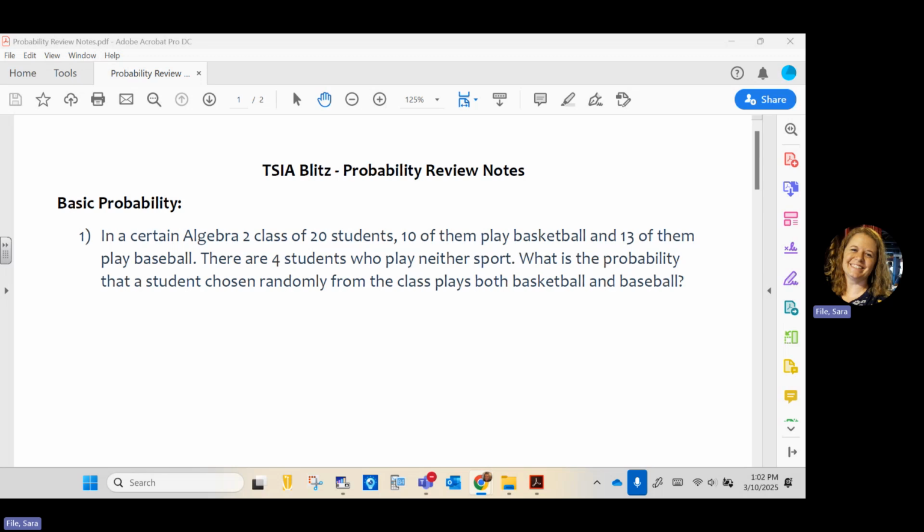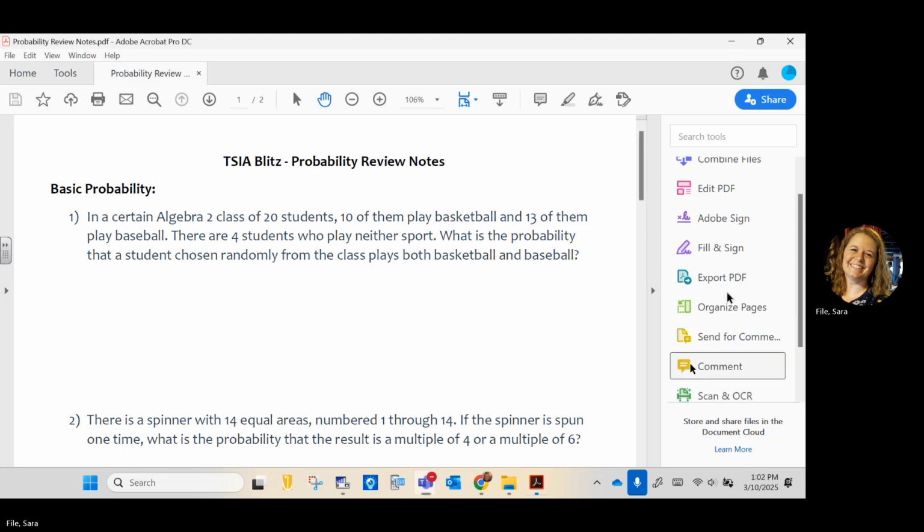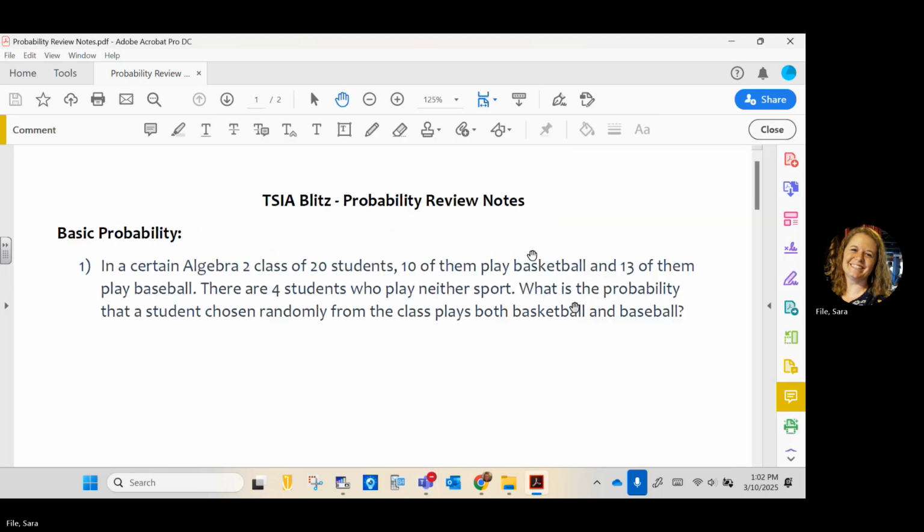You'll see the probability of event A, or you may see the probability of event B. The events can be named whatever letters we want to name them. But when we start talking about